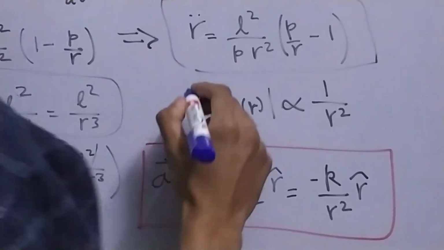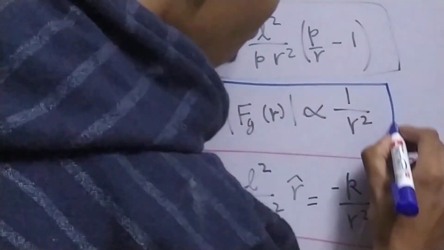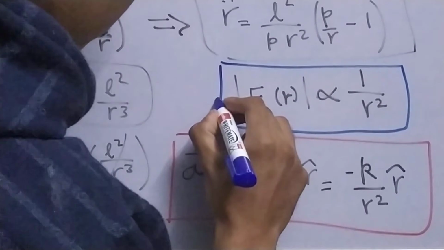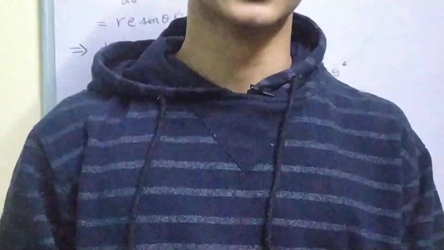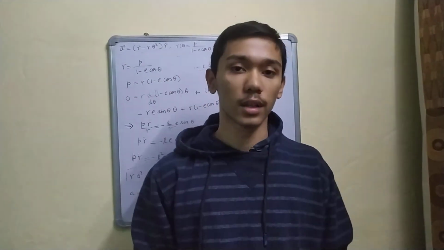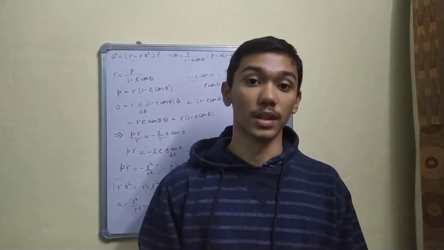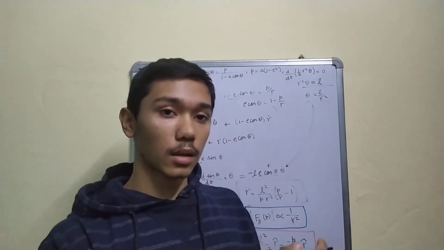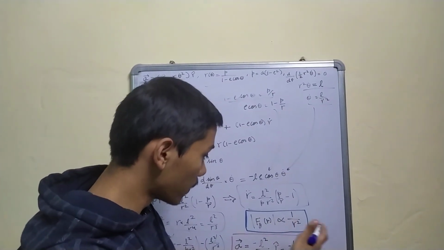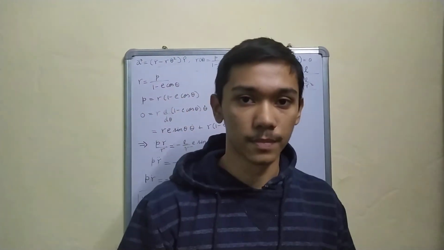So it's inversely proportional to the square of the distance. This relation is known as the inverse square law for gravitation. So in this video we have shown you how to prove the inverse square law from Kepler's laws,